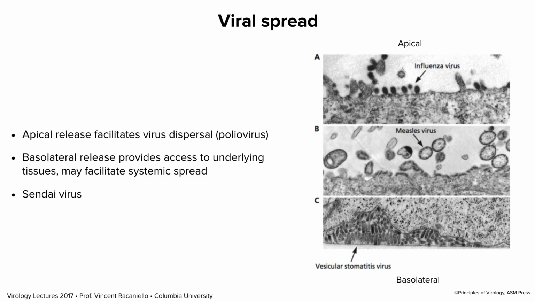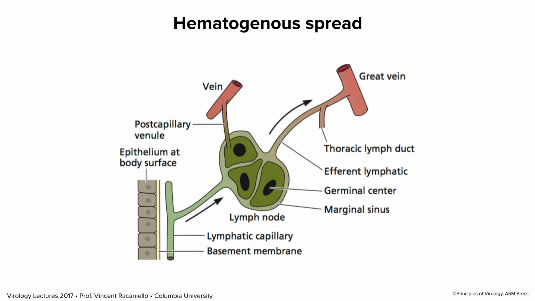All right, so we have a body surface epithelium. We have the virus getting across it by being released basolaterally and also by having inflammation that disrupts the basement membrane. And now the virus is in what we call subepithelial tissues. That simply means below the epithelium. And they are full of blood vessels and lymph vessels and immune cells. And there lies the ticket to other sites for the virus.